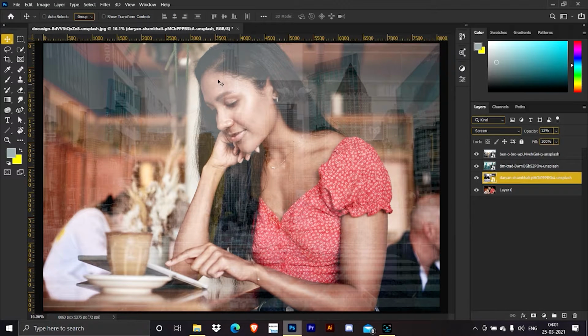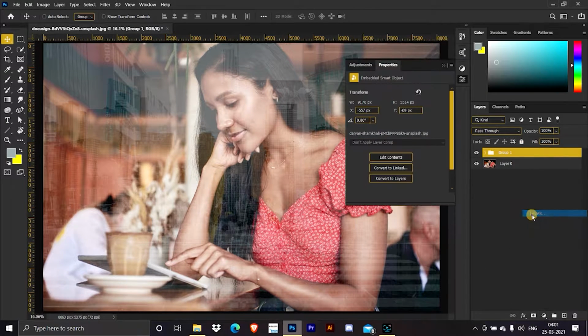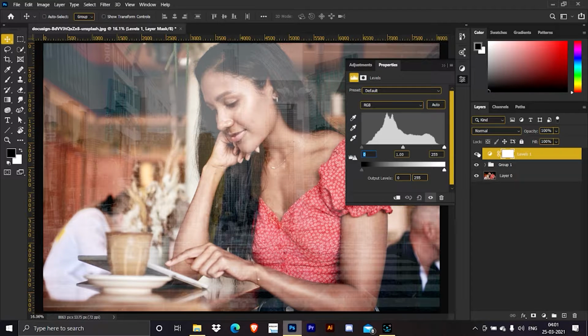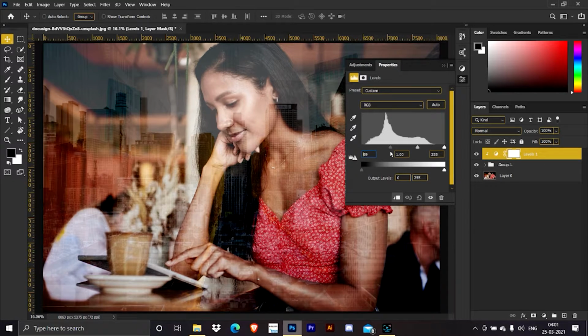See, this effect is very nice, but it looks too much because we have blended three images together. So all the three images have added up and it is looking too much. So we'll select all of them, create a group and we'll use levels. The screen blending mode uses luminosity values. So changing the luminosity values will change the blending of the images. So we will clip it just to the group so that only the glass effect is targeted. So let's make it a bit darker and a little bit lighter. See, this is okay.